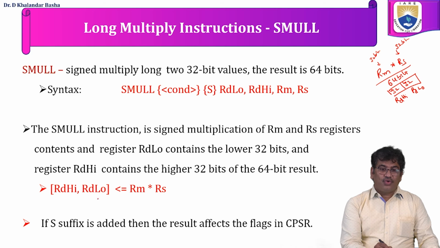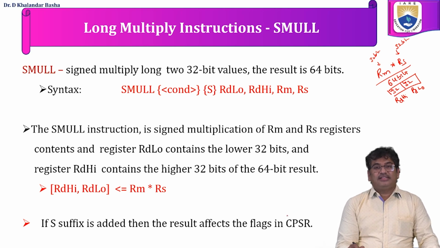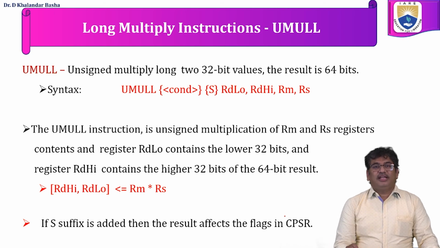Out of this 64, the lower 32 bits are placed in RDLO, the upper 32 bits are placed in RDHI. If S is added as suffix to the SMULL instruction, it will update the flags in the CPSR register based upon the result obtained after multiplication. The next instruction is